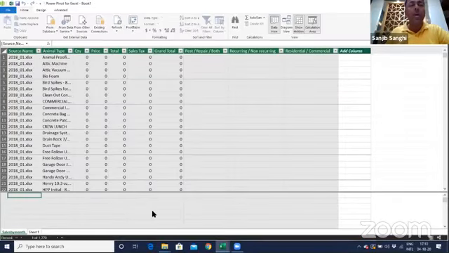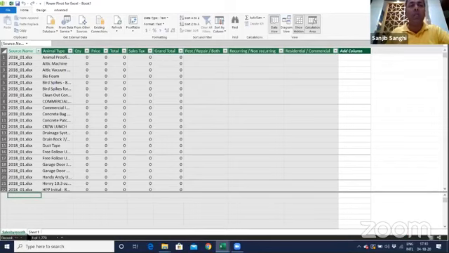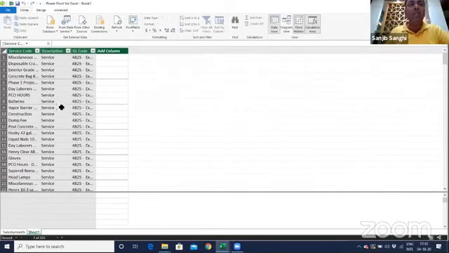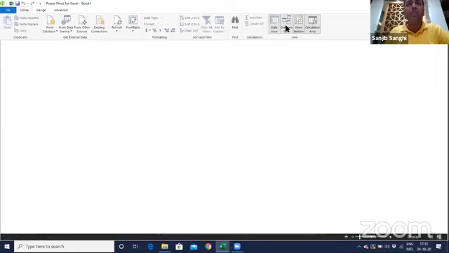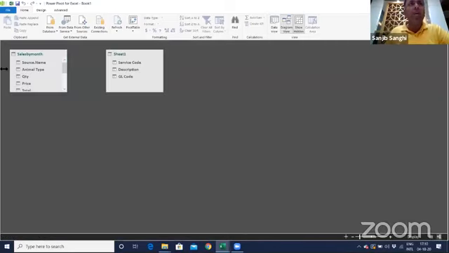Now you see over here, I get both the sheets. One sheet is my first file, which has all the data from 11 files, and the second sheet has my GL code in it. I'll go to my diagram view, and I'll see all the headers of both the files. I need to map this animal type with this service code, because both are one and the same. So I'll simply click this and paste it in the service code and establish a connection between these two.